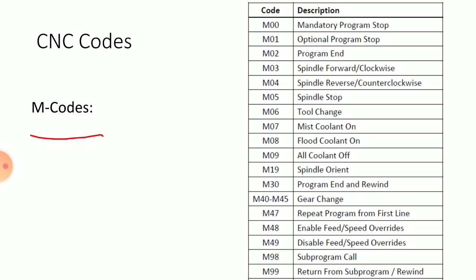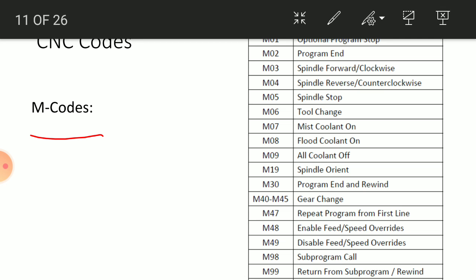You have to make a tool change in the machine, or start the spindle in a clockwise or anti-clockwise direction. You have to switch the coolant on or off. Whatever process you want to do on a machine, or whenever you have to control the machining or control the machine, for that purpose we use an M code. But the manufacturing operations we have to control using a G code. This is the main difference that you have to remember.